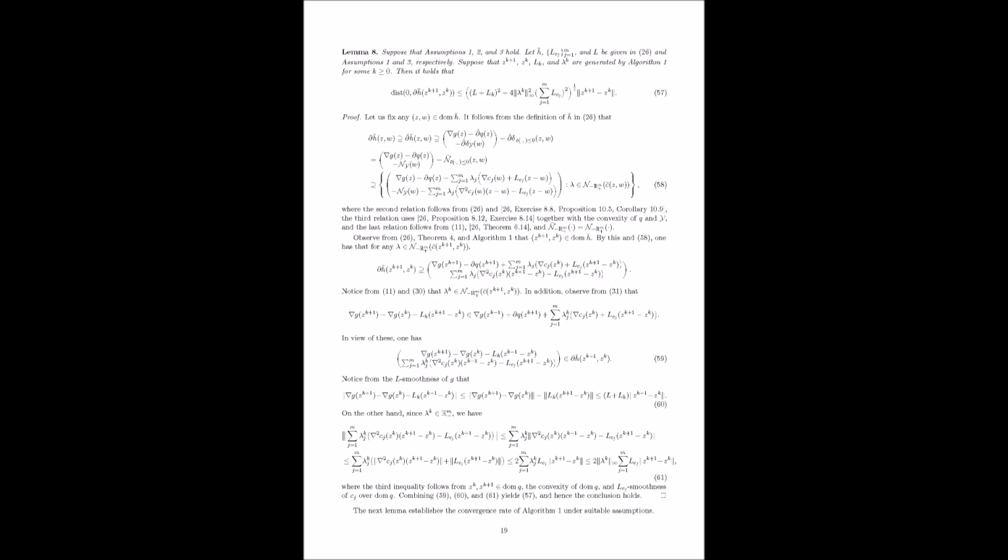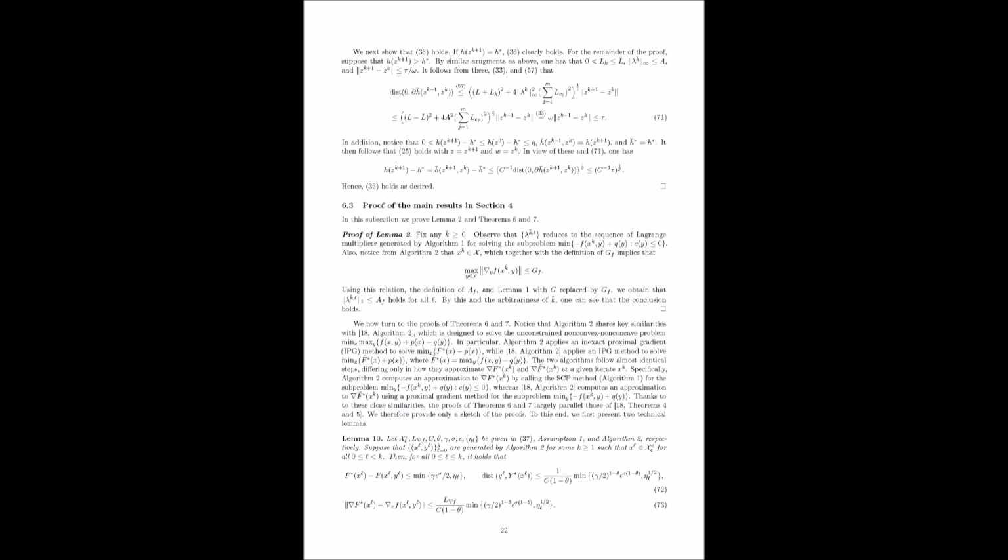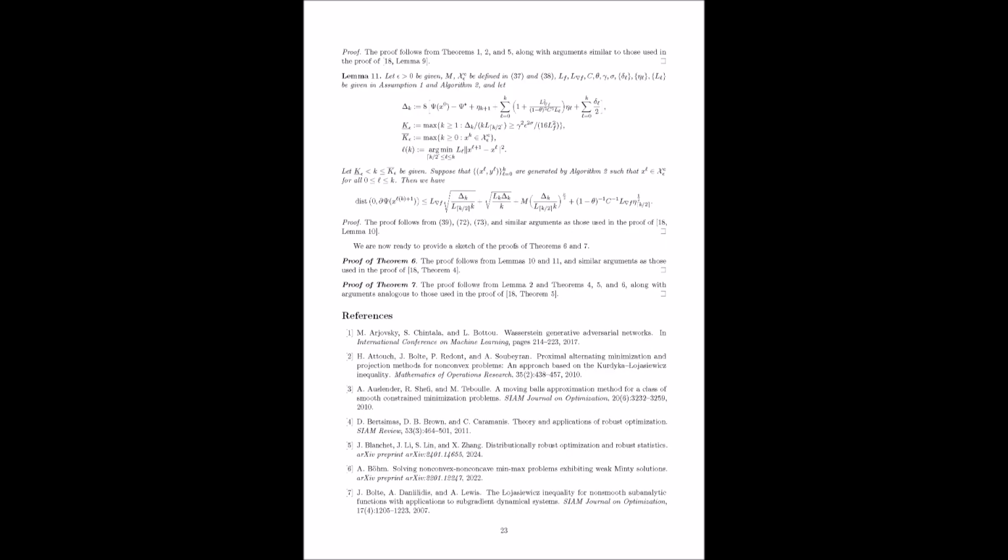Now, how does the performance, the speed of this SCP subroutine depend on the problem properties? You mentioned the KL exponent theta earlier. Does it play a role here? It plays a crucial role. Theorem 5 in the paper analyzes the convergence rate of the SCP subroutine under the local KL assumption, Assumption 1. It provides an upper bound on the number of inner iterations, let's call it K_theta, needed to reach that tau-approximate solution. And how does K_theta depend on theta and tau?